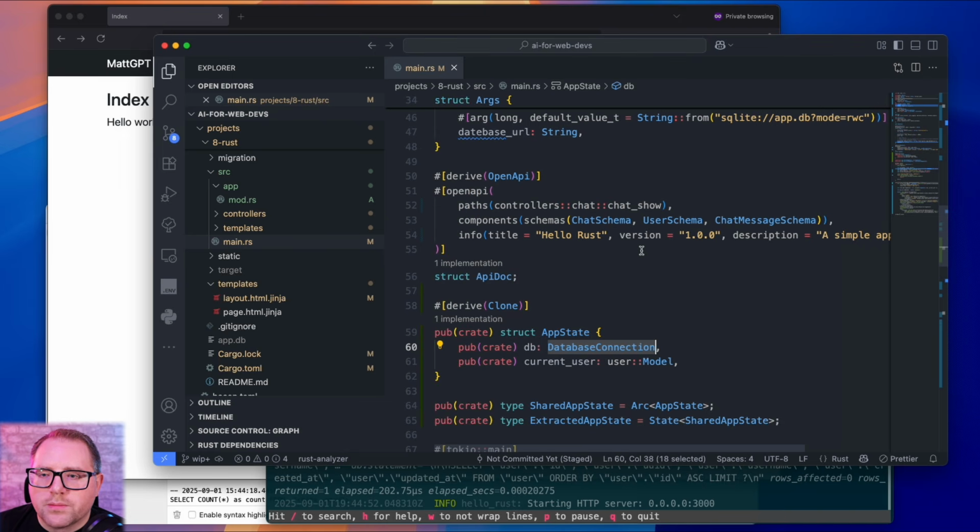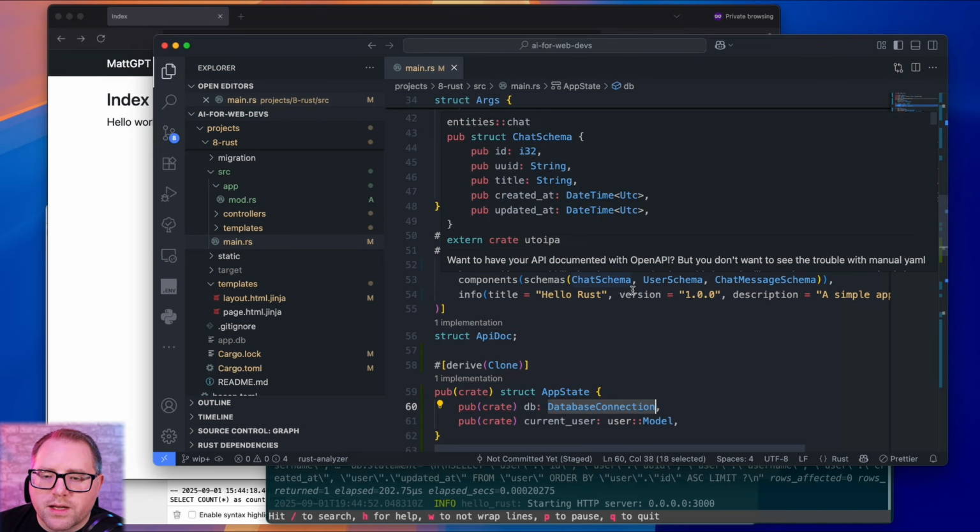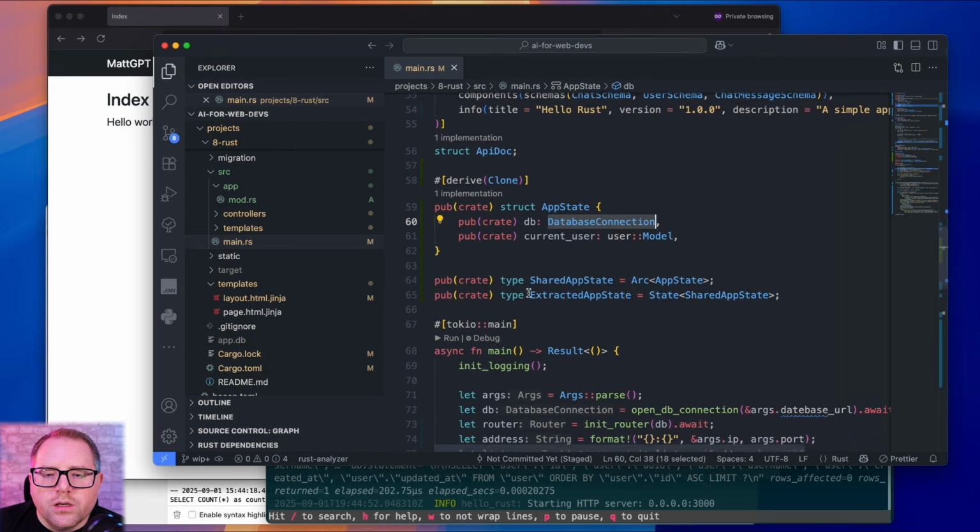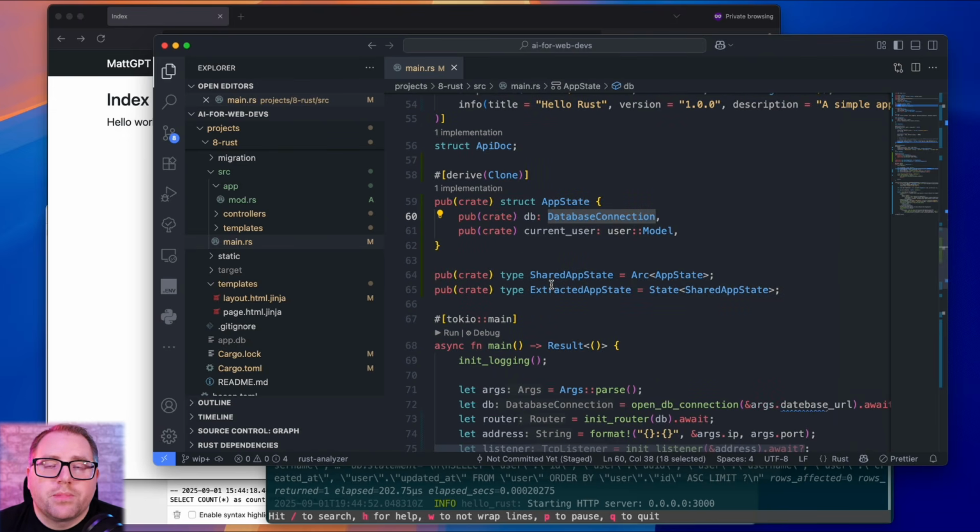And again, we've updated our API docs a little bit. We've also got a helper type. We're going to be commonly referencing app state. And so extracted app state is just State Arc AppState. And Arc is a type to handle thread safety. It just increments a counter, it's a pointer, commonly used. So just two helper types that are just type aliases.